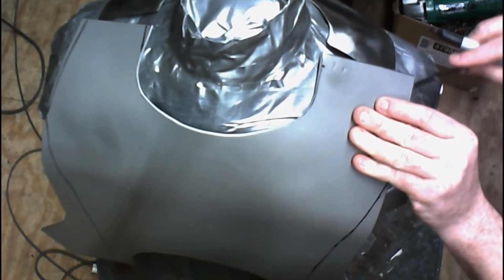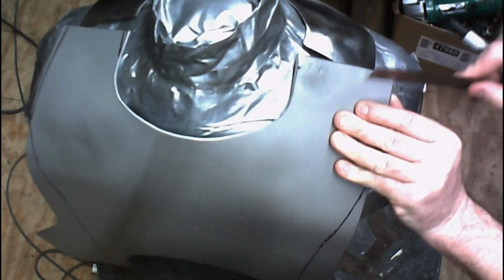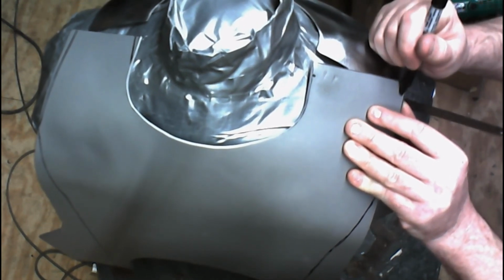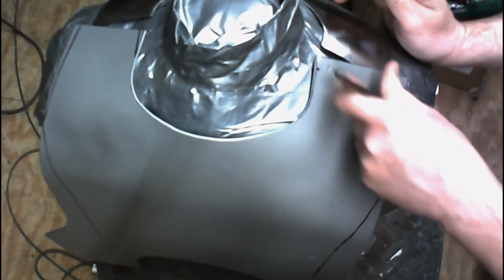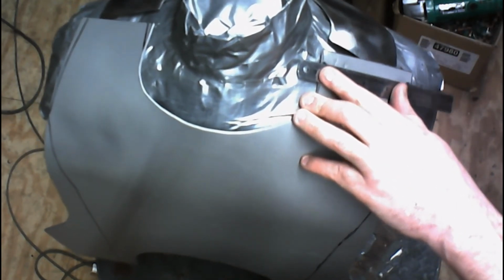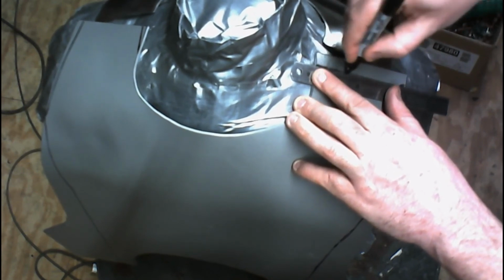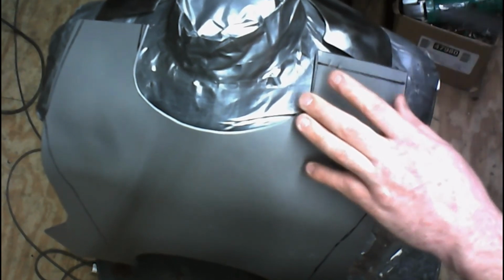So then I'm just going to take my ruler here, and what I do is I set the ruler under the plastic, but up against the collar plate, and then I mark right where I can see that it's touching. And then I will make my cut line to match that. Make sure you don't get any pin slippage there. All right, so